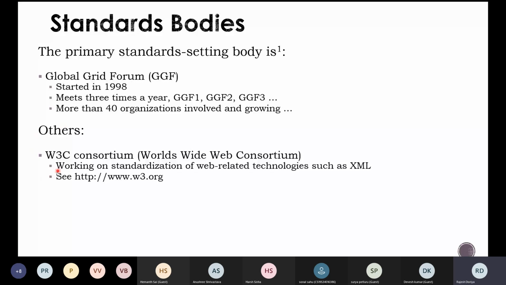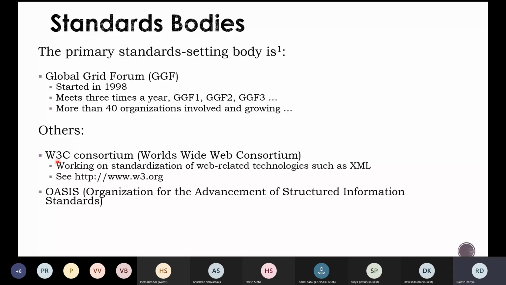Apart from that, we have one more organization called the World Wide Web Consortium. As we know, the number of facilities of web services are being incorporated and extended, so this particular organization is also considered an important contributor. Apart from that, OASIS stands for Organization for the Advancement of Structured Information Standards.